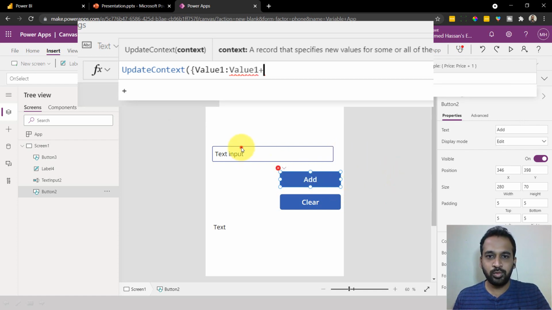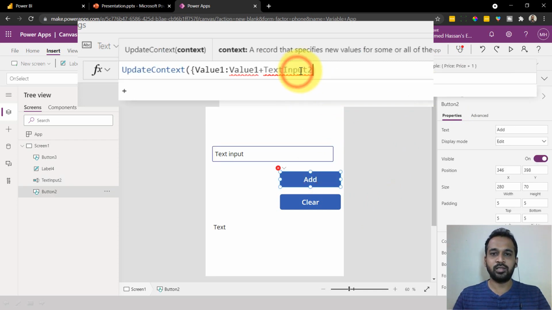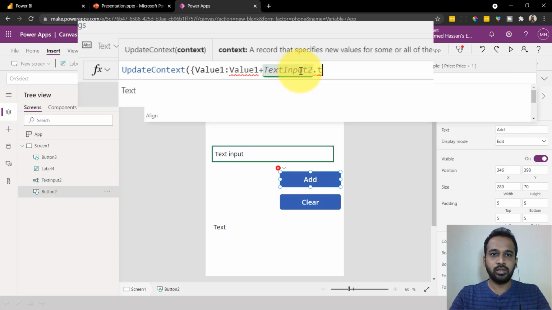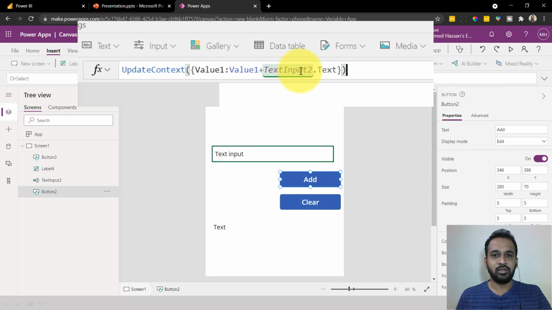So the text box input is basically TextInput2. Double click here, copy, select this one and paste here: TextInput2.Text. So close the curly bracket and close the bracket. That's it. Make sure you select the button, and the event has to be OnSelect, and you have to write UpdateContext.